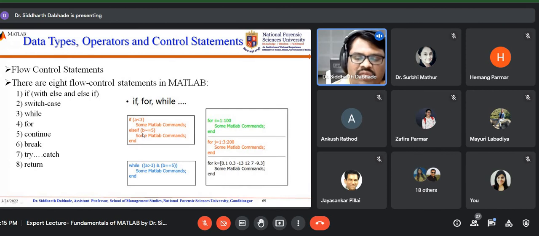Sometimes it may happen that we have a list of n conditions, and on the basis of those conditions we need to check. So we can go for the switch case or the else if ladder, right? Sometimes you want to execute particular code up to a certain number of times. So you can use either a for loop or a while loop. The syntax of the for loop and while loop is like this: for I is equal to 1 to 100, from MATLAB commands. So for example,